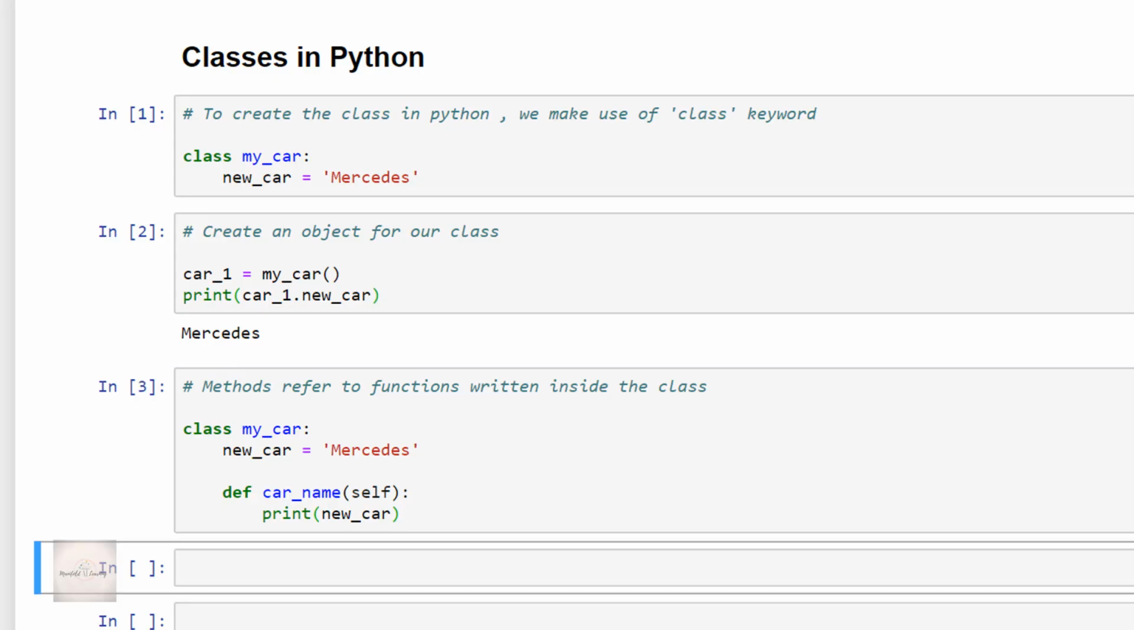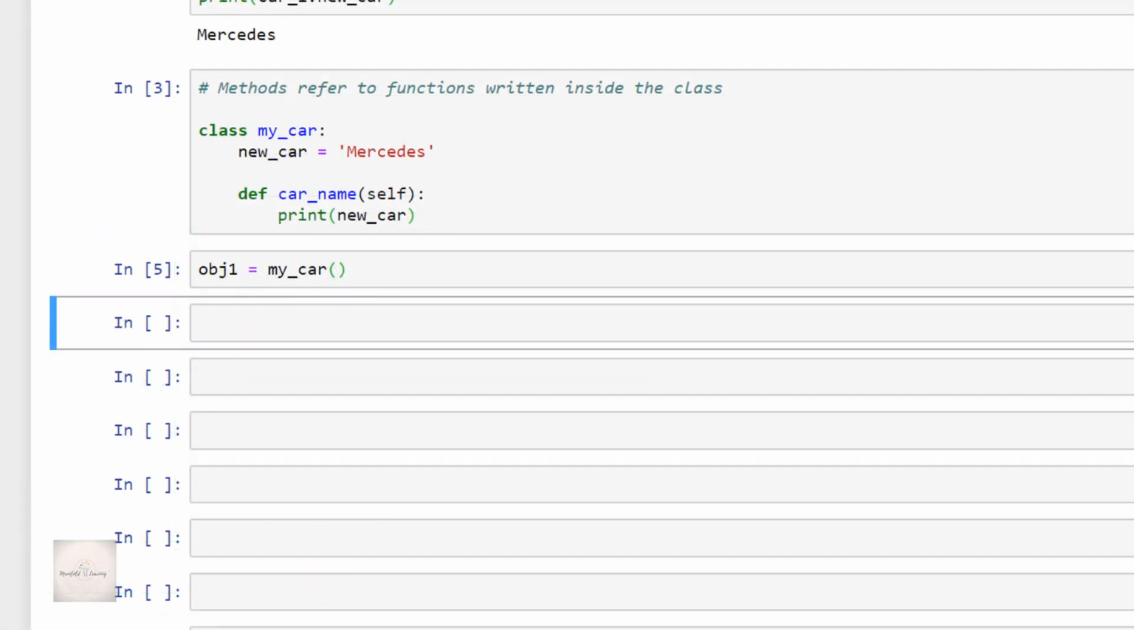So, this has created the class, and now I'll create an object like this. Object1 is equal to my car. Okay, I have now created an object obj1, that is object1. Now, to call the class method, we will call it just like the attributes. So, it is like